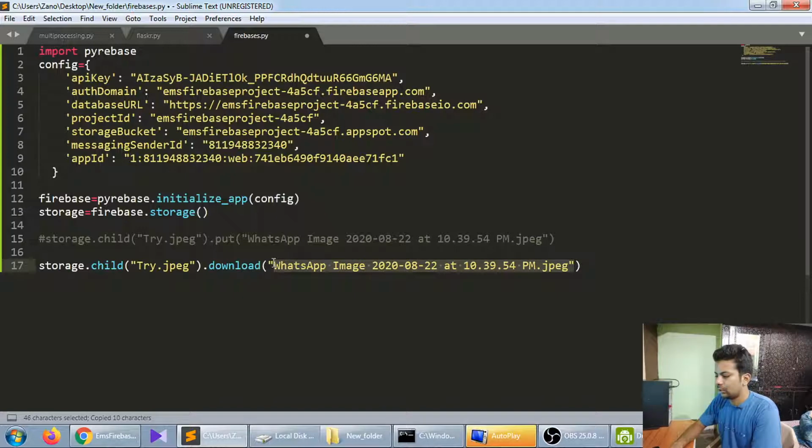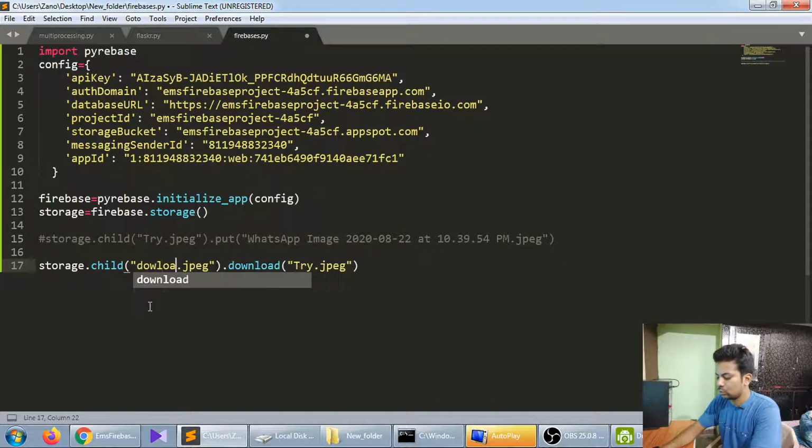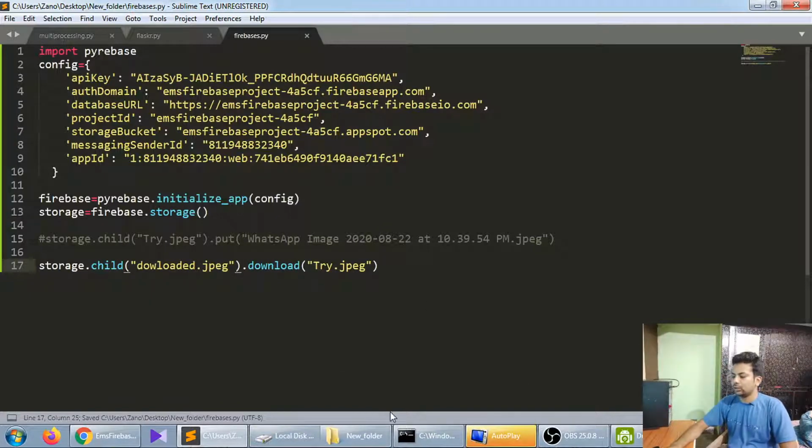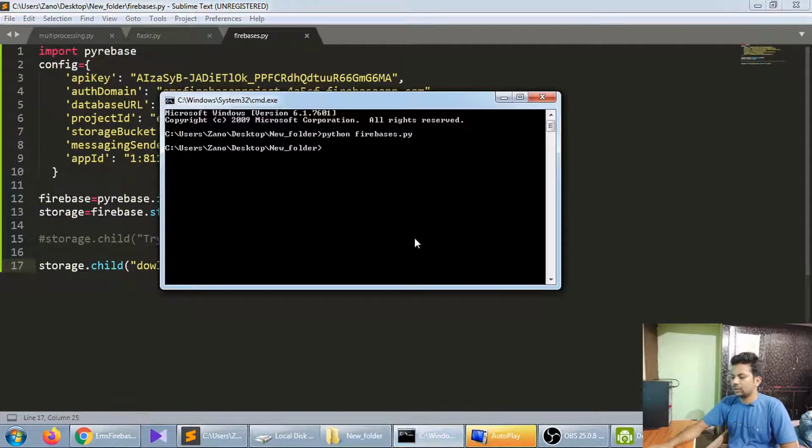And here I will change the file name to downloaded. Now it will download the same pic because I have mentioned the name of the same pic. Now just run it. See, it's so easy. It's done.